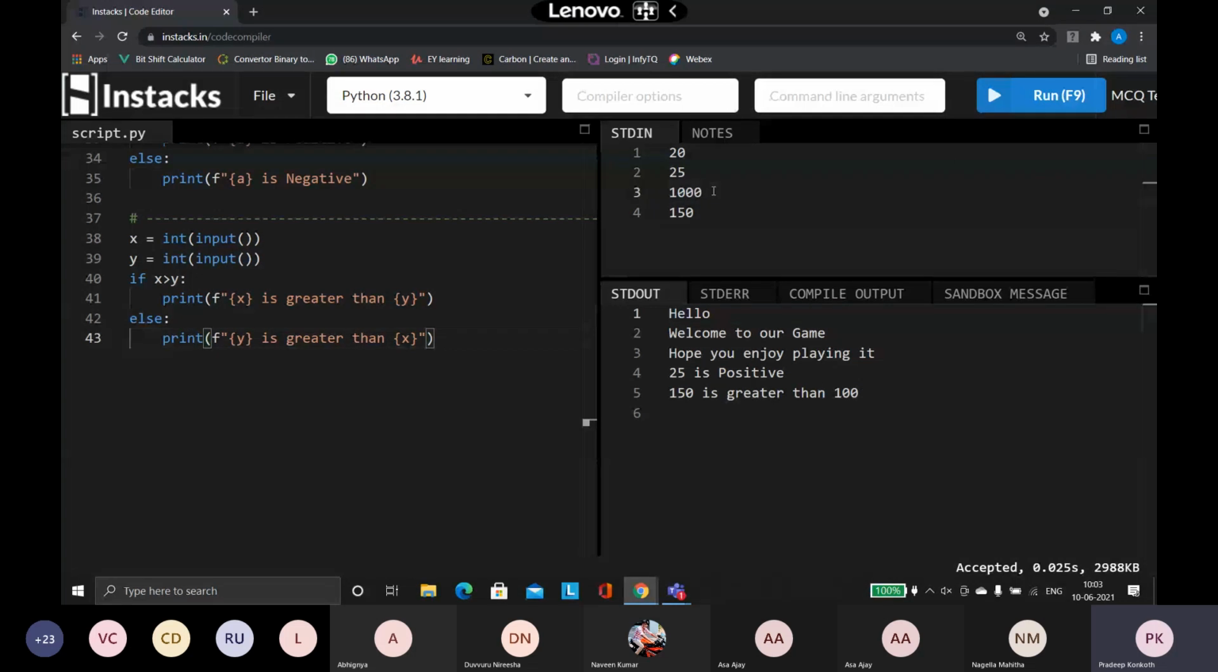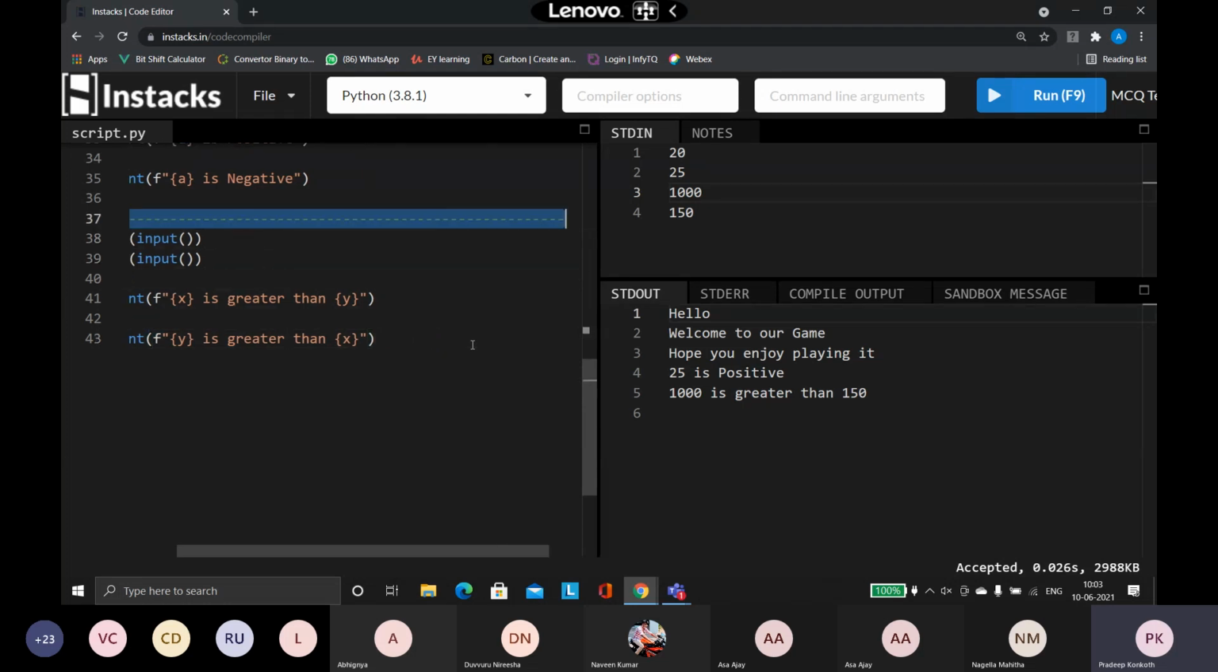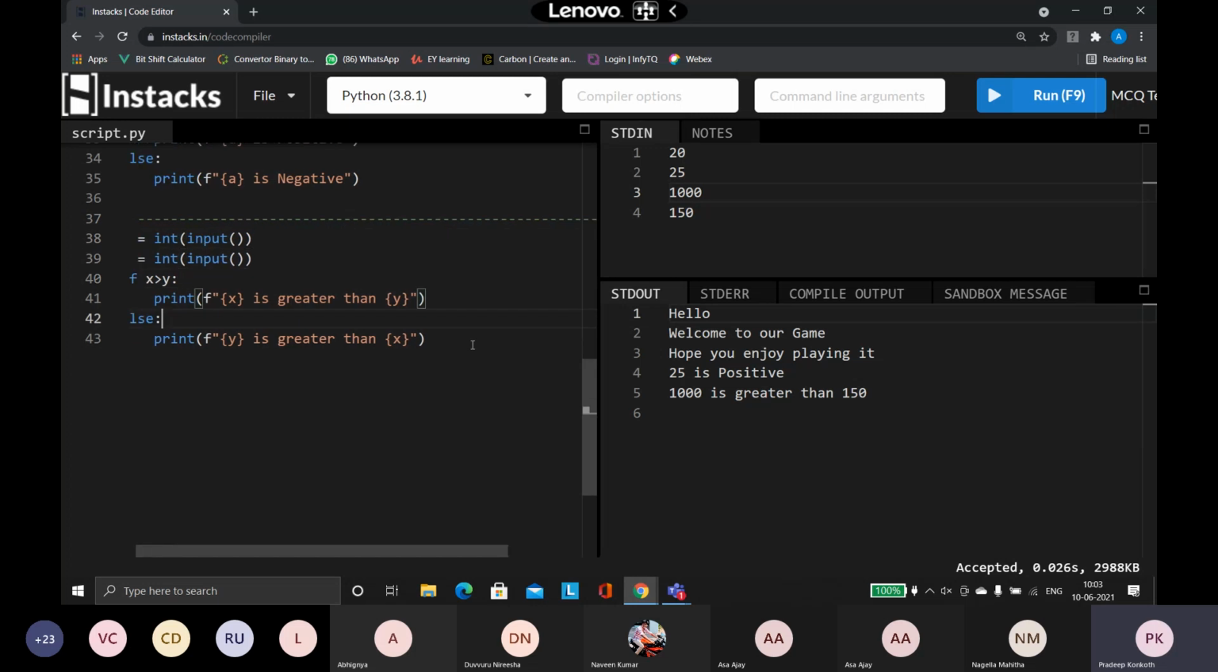Suppose I change it. I give 1000 and 150. So see what happens. 1000 is greater than 150. So if the condition is true, then this statement is getting executed. If the condition is false, then it is executing this statement. So like this, we will be making use of the if else condition in almost all the programs I can think of. Say for example, I want to find